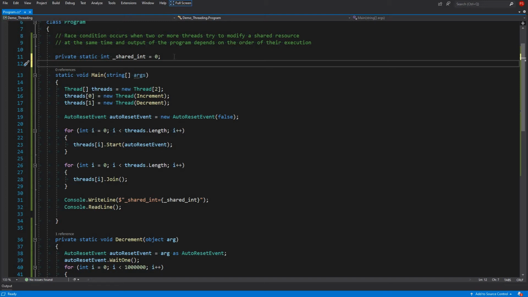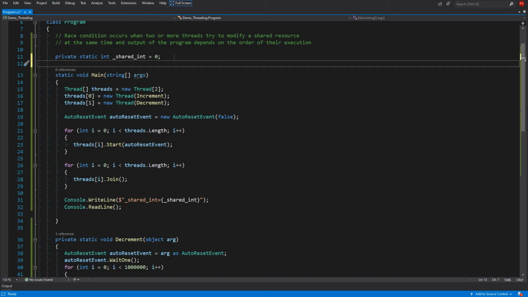Then you will be locking not on your actual int, but on that temporary object created on the heap. That means the second time you try to lock, you will get another object. So you should never lock on value types.